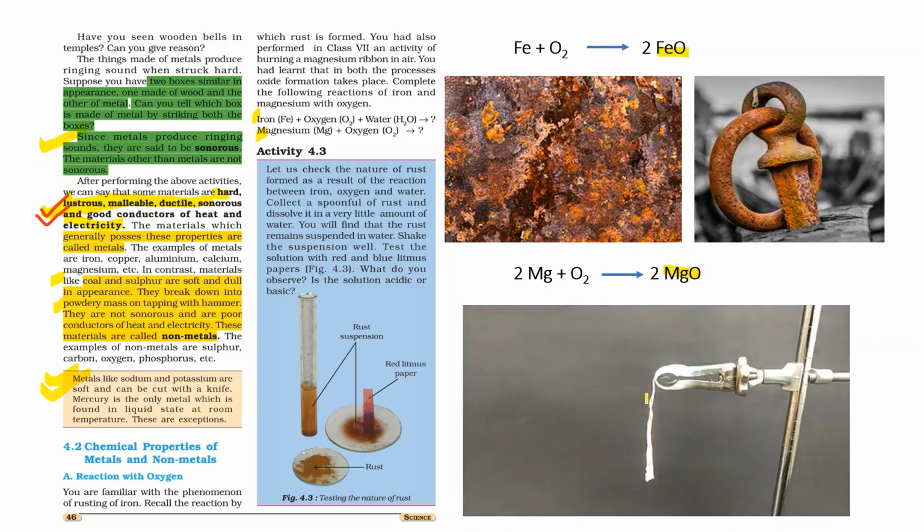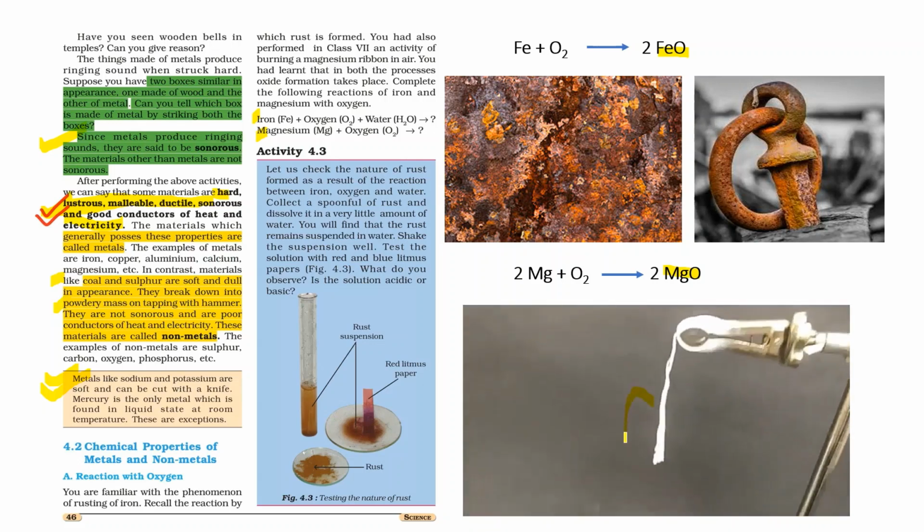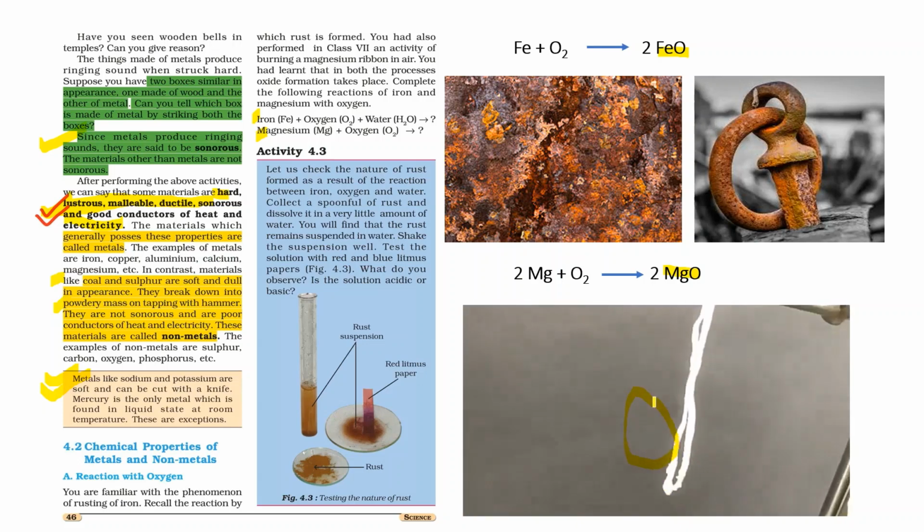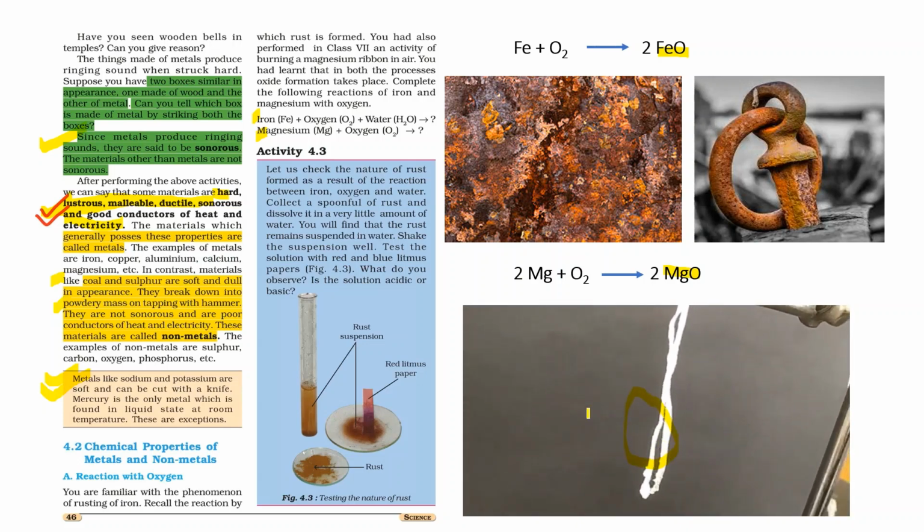So here we see that this MgO is an oxide of magnesium. It is formed and deposited in the form of the ribbon. So that's why we call this magnesium ribbon. Now